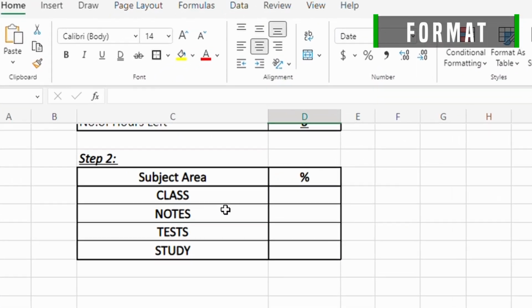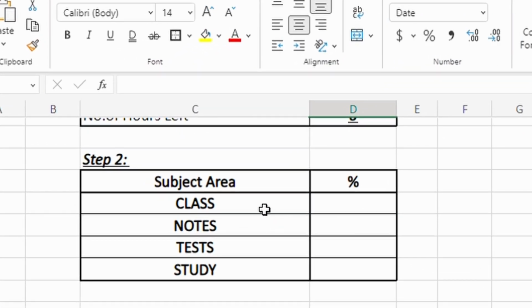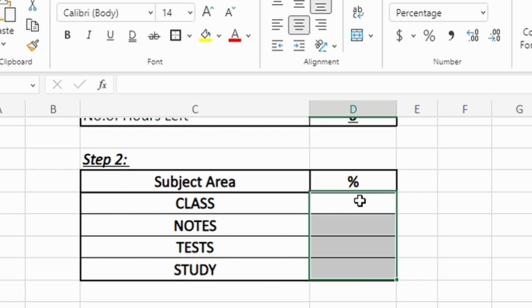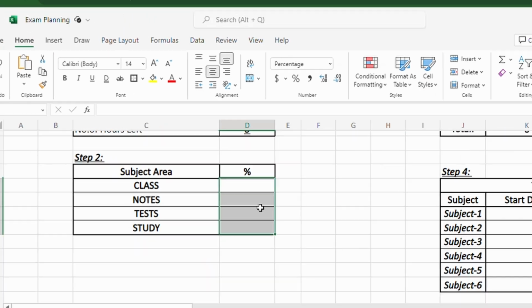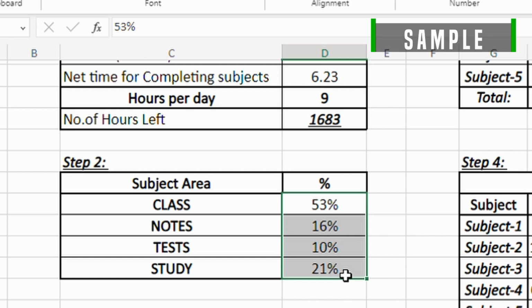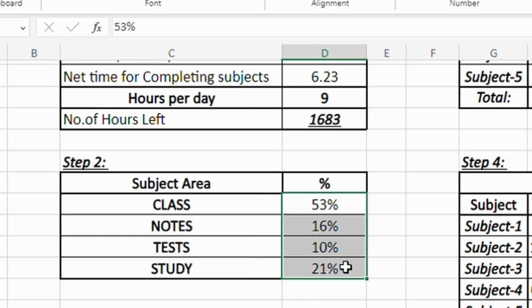In the next step, you have to divide your subject by subject areas. So in a subject, you will be spending the time on these subject areas, and you have to allocate the time in the given percentage which you need to choose. In this step, you have to decide the percentage of time that you will be spending in these areas for each subject. I am going to allocate the total number of hours for each subject in this ratio for these